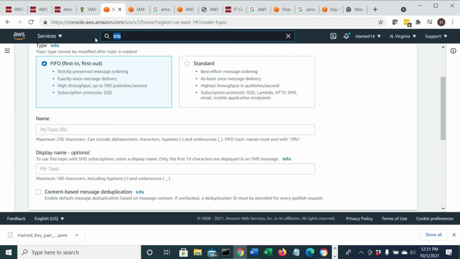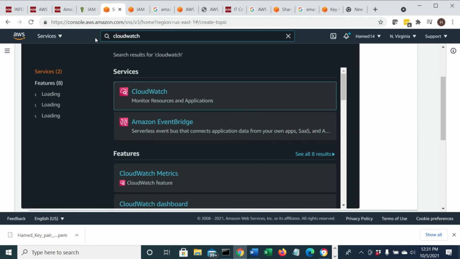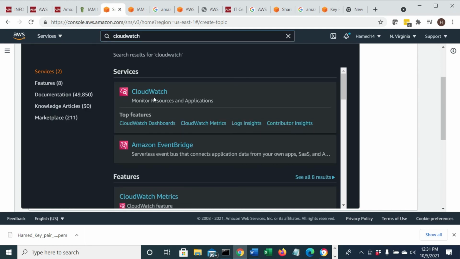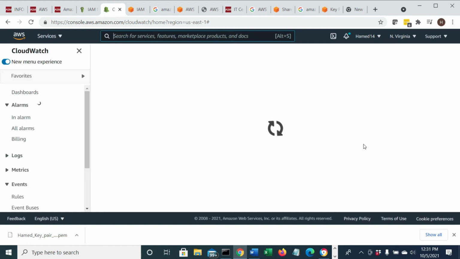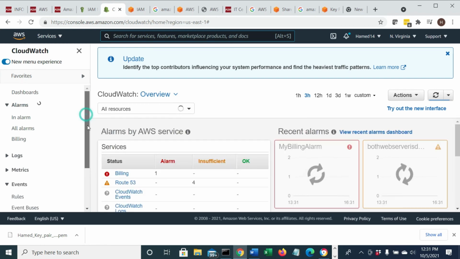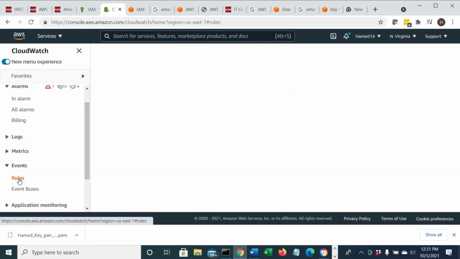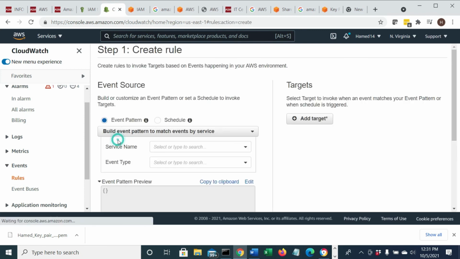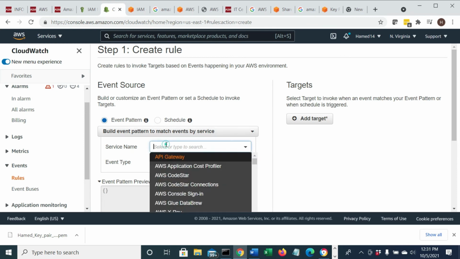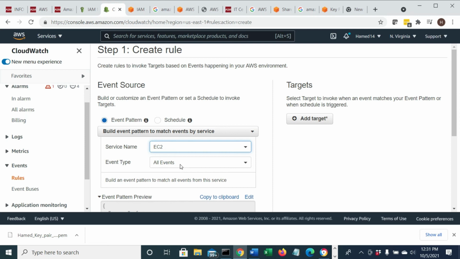If I type in CloudWatch, see, monitor that right here. Let me show you that. Let's say our CloudWatch is like some kind of alarm. Let's say I want to create an alarm right here under events. Look on the left, I have rules. I can go create rules. I can create a new rule right here, okay? I can say a scheduler or event like this. Let's say service name, I want to go to EC2. I want to see what time it shuts down like that. Then I can say like this.